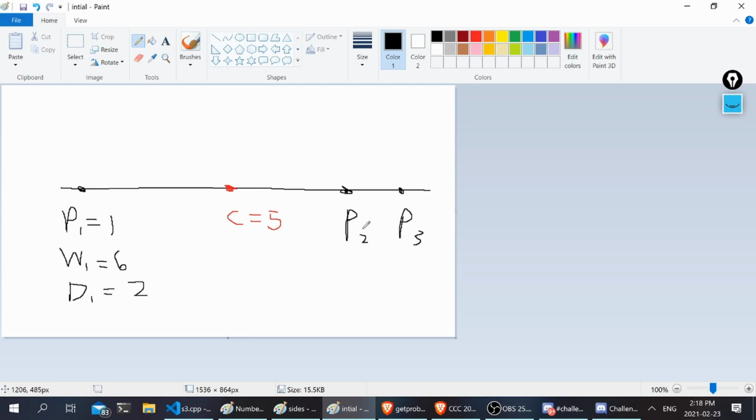Okay, and you got people at certain positions, and then each person has some sort of weight and a distance. All right, and the way it works is that you want to find some position C where the minimum sum of each person to you is the least. So for example, if you have person 1, they're at position 5, and they have a weight 6, and they have a distance 2. So distance 2 basically means that on either side, you can be